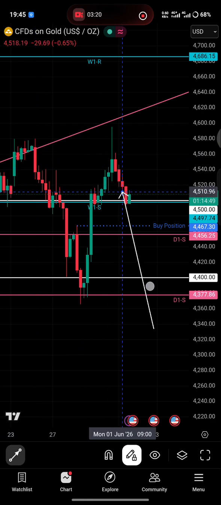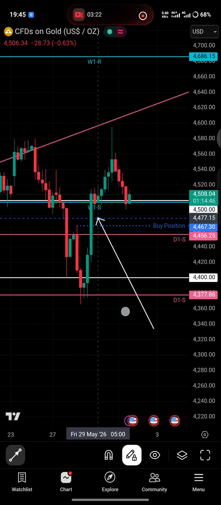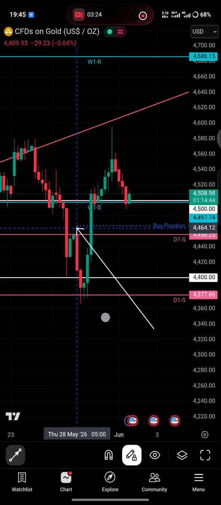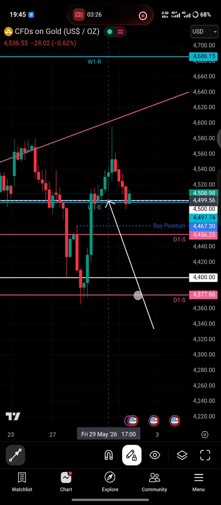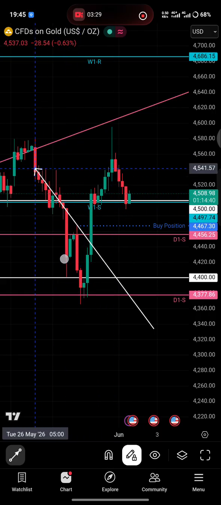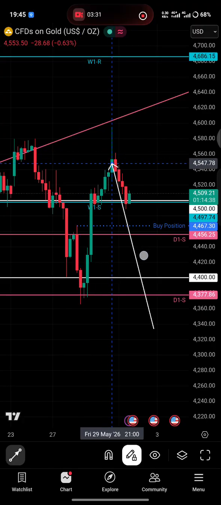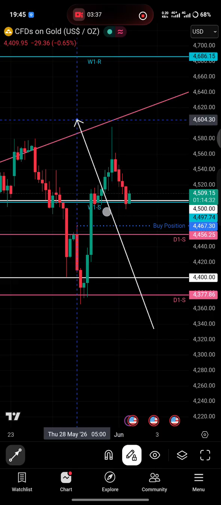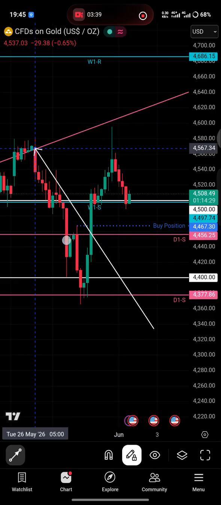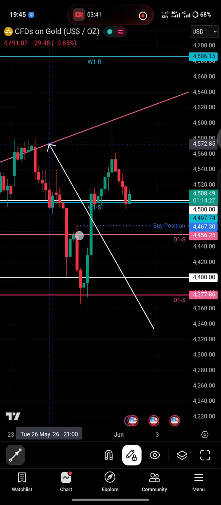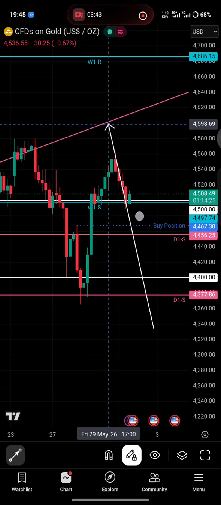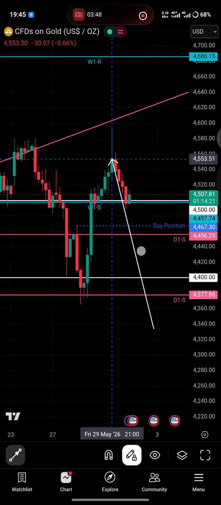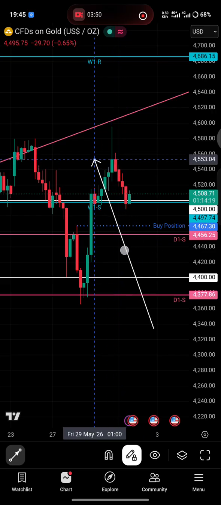So this climbing up over here is a climbing up that is being used to accumulate sell side volume from all the resistance over here before breaking above at this candle on Friday the 29th of May, right? Breaking above by accumulating sell side volume at the last resistance over here before breaking above to take out sell side volume. And after taking out sell side volume, it then pulled back and then formed a bearish price